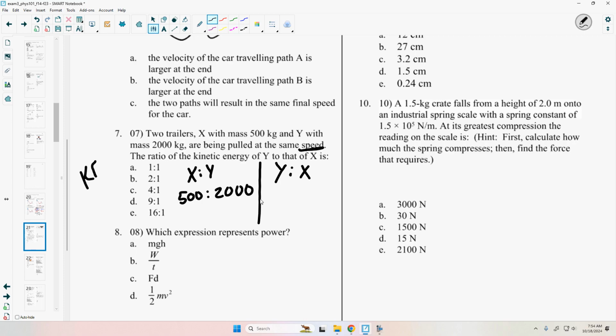The kinetic energy is 1/2 mv squared. Kinetic energy is directly proportional to the mass, so it's going to have the same ratio. That would be 2,000 to 500. I flip it because I'm asking for the ratio of Y to X. That's 2,000 over 500, which is going to be a 4-to-1 ratio. You might have been inclined to say that it's a 1-to-4 ratio if you just got it flipped, but